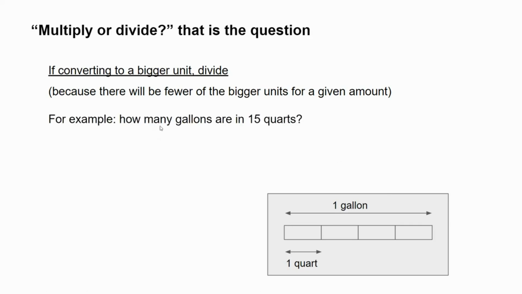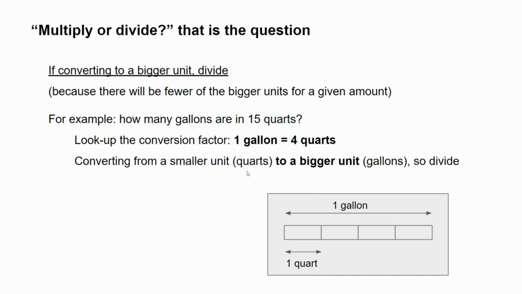For example, how many gallons are there in 15 quarts? Look up the conversion factor. 1 gallon equals 4 quarts. We're converting to a bigger unit, so we should divide. Divide by 4. 15 divided by 4